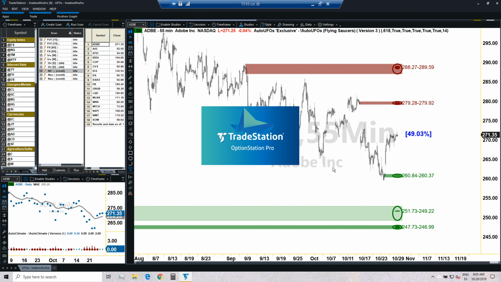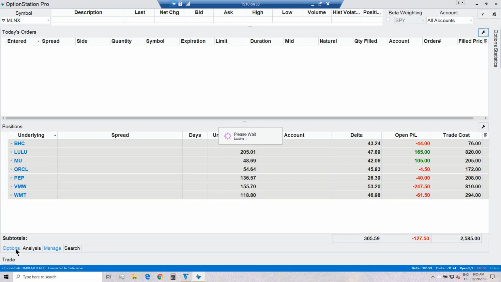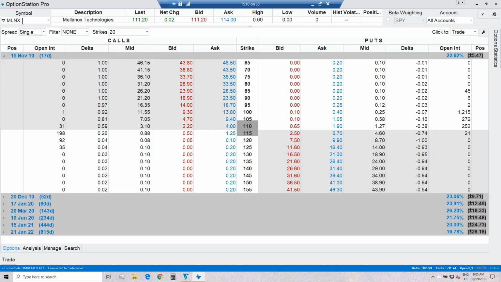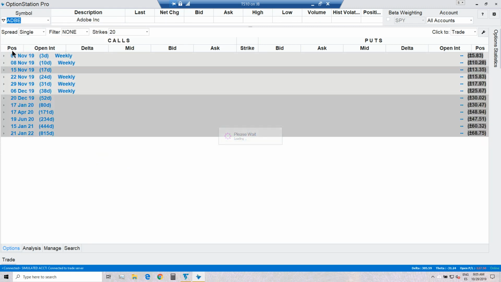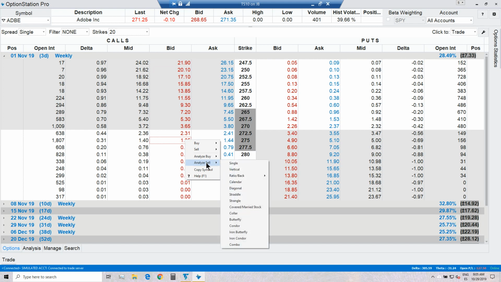Okay, so we're going to load Option Station Pro. We will do that, and mechanically we are going to type Adobe and input the parameters for the trade to be an iron condor. We'll input 1 standard deviation above and 1 standard deviation below, and we'll see what that gives us, and we'll start planning from there. So as I always say, right click, analyze cell, an iron condor without even thinking,